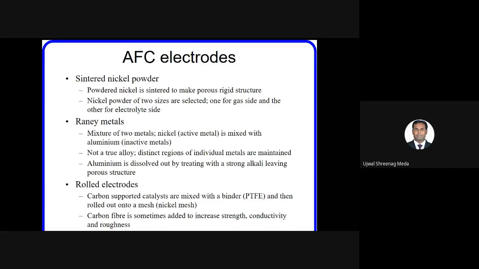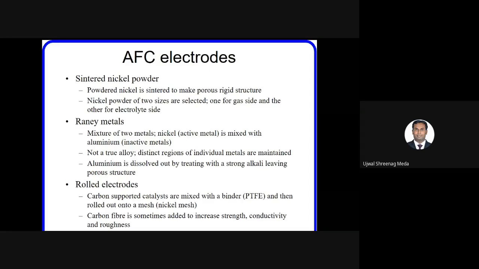Okay, so sintered nickel powder is one type of fabricating the electrode. So, what happens here? Nickel powder is considered. It is sintered to make a porous, rigid structure. So that is giving this powder a shape by using various binders. You use binder material, mix that powder with binder and subject that to heat treatment so that you get a